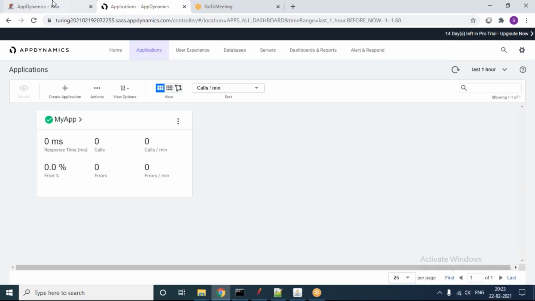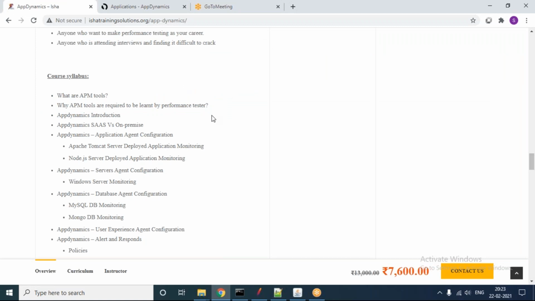In App Dynamics, if you are looking at the APM things, individually, actually not only App Dynamics, even New Relic is like that. In the New Relic APM tool also, if you want to configure a Java application, you need a separate agent, and for a .NET application, a separate agent. You have to use separate agents. But in the case of Dynatrace, it is all one agent. That one single agent will take care of everything. But here you need to purchase an individual agent.